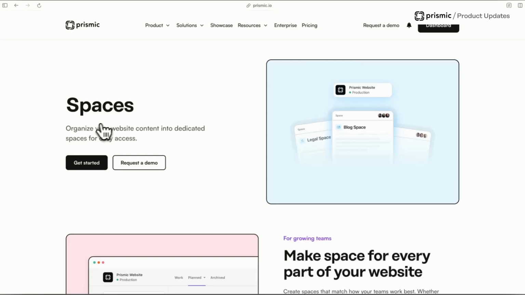Second item, which we've released in January, is link variants. So basically handling cases where you may want to have variations of different buttons or calls to action on your page. So if we take a concrete case from the Prismic website, you see that we have 2 buttons. We have one for get started and we have one for request a demo.